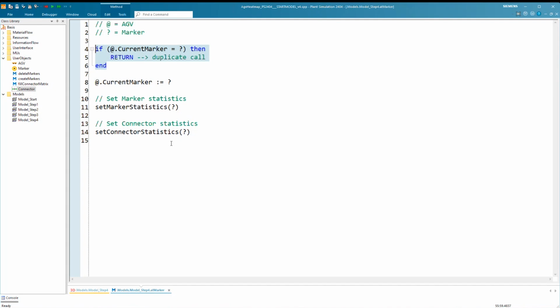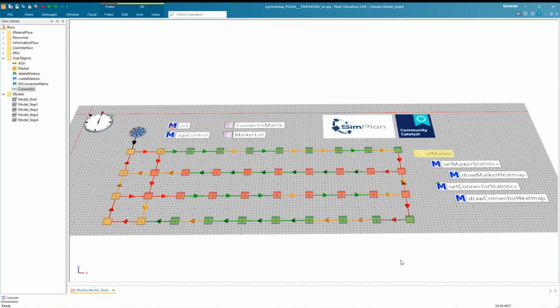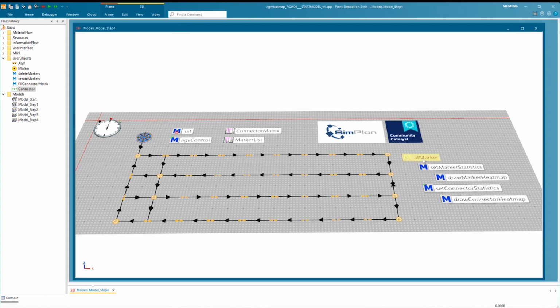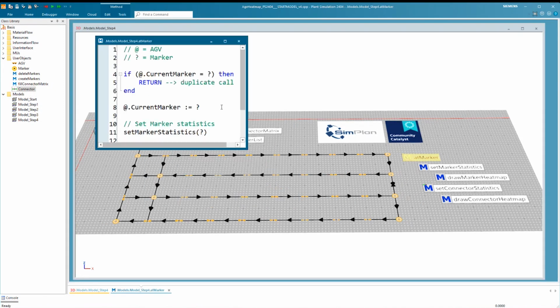Actually, I have a second question, if I may. We use the attribute current marker to determine where the AGV is currently. And we set that attribute with the arrival control of the markers.